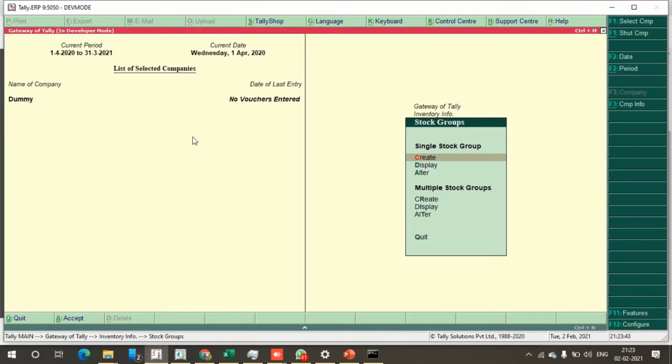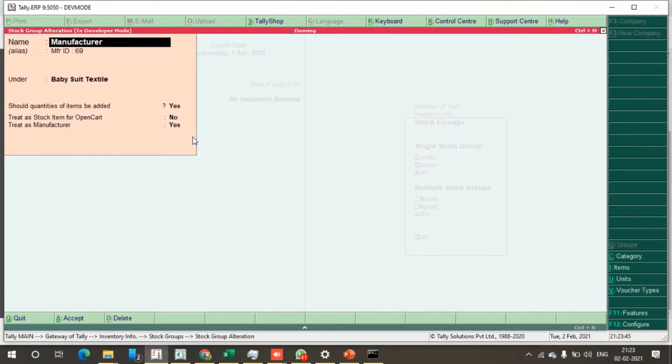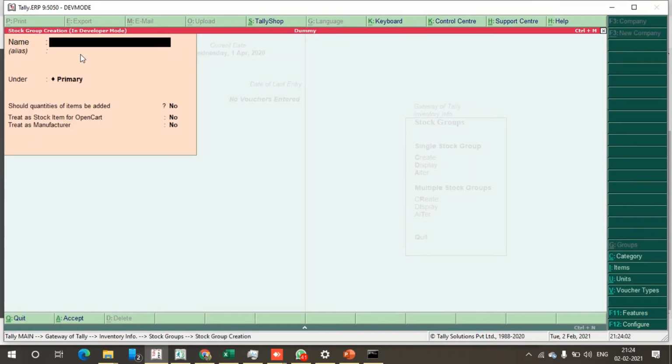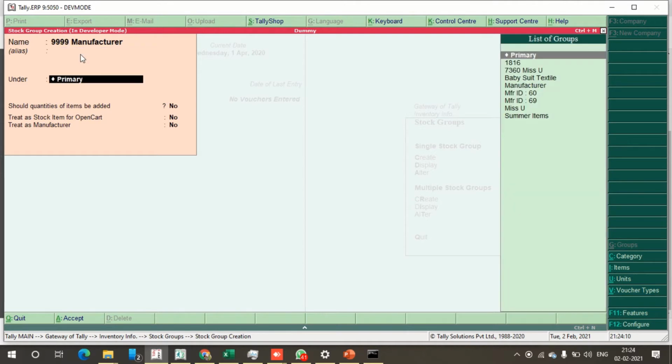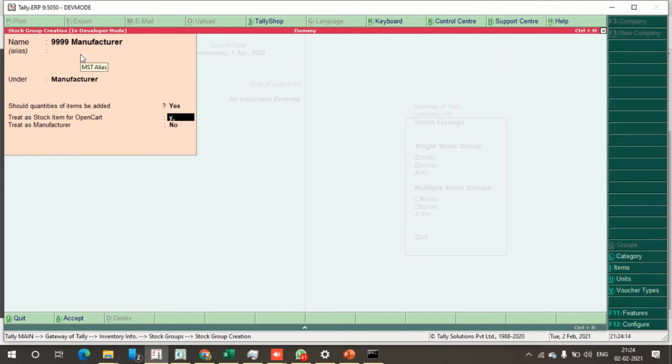Next, we will create single product with multiple options on Opencart using Tally.ERP9. To do this, we will again create a stock group. Note that we are creating stock group, and not individual stock items. For the relevant product code to do this, we'll select Inventory Info at Gateway of Tally, Stock Group, and Create,